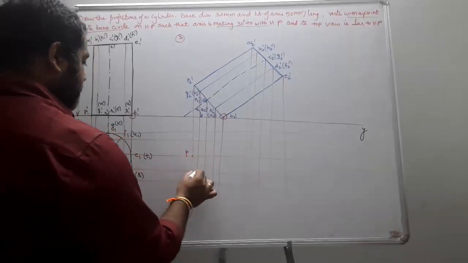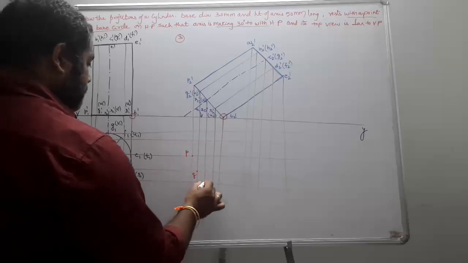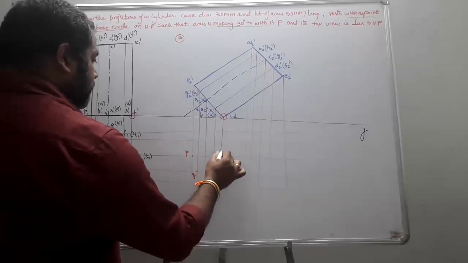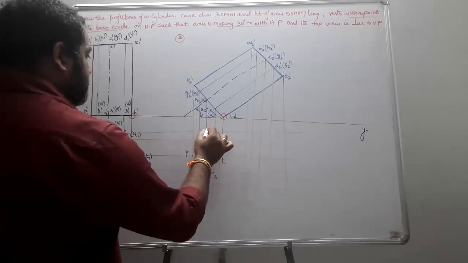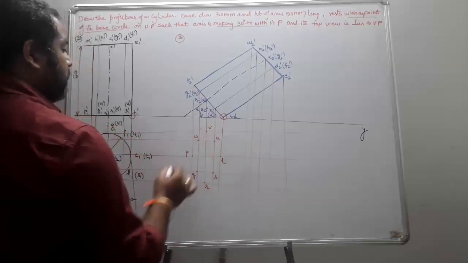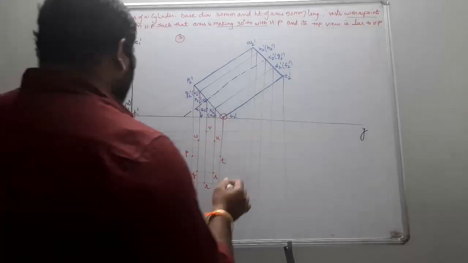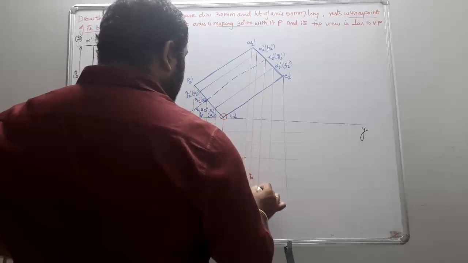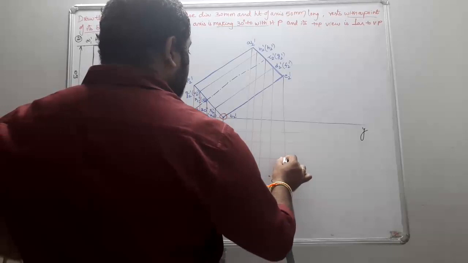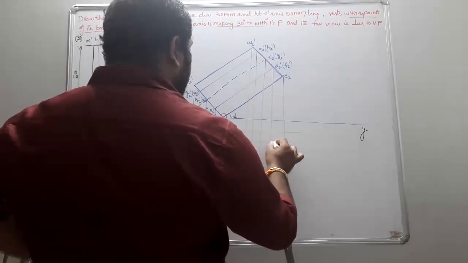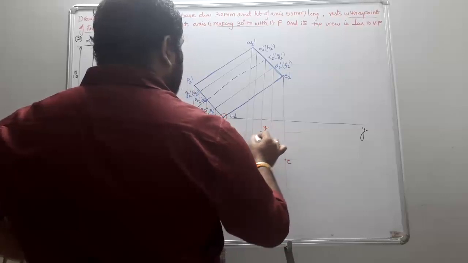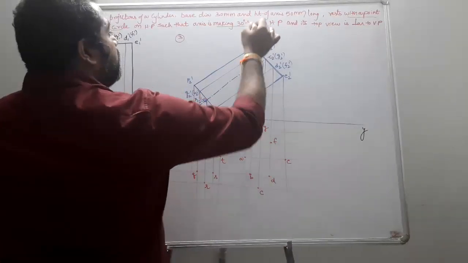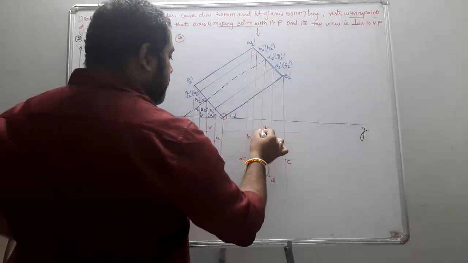Mark the intersection points P, Q, R, S, T, U, V, W. Similarly, the points are A, B, C, D, E, F, G, H. So when you are supposed to see from the top, this top base is completely visible. So I am going to obtain